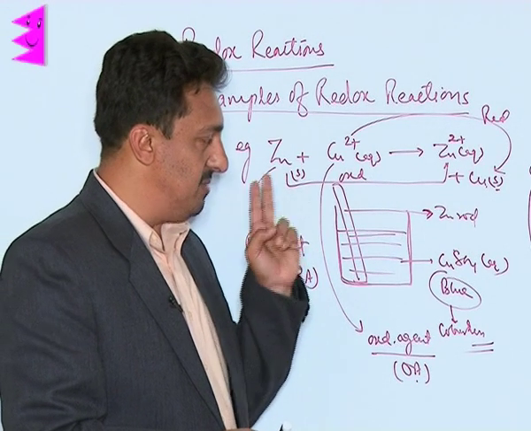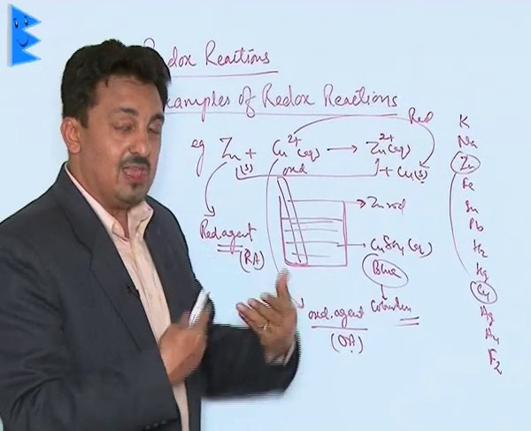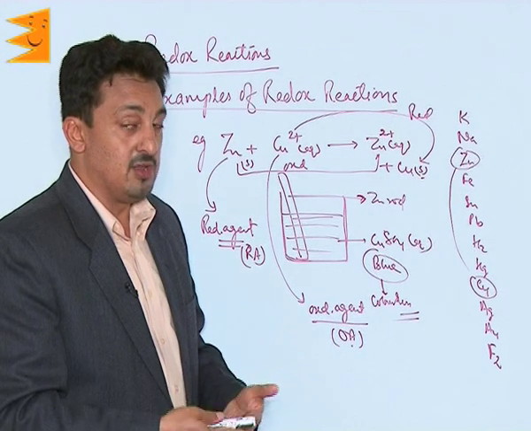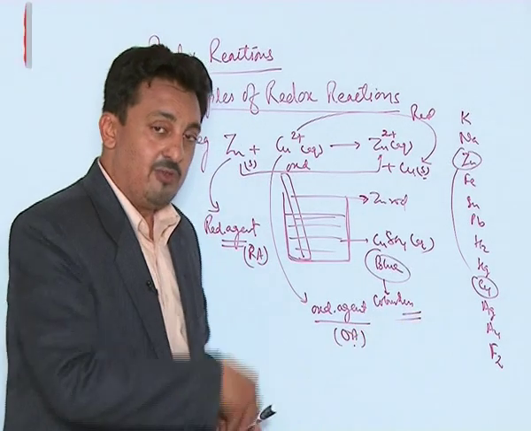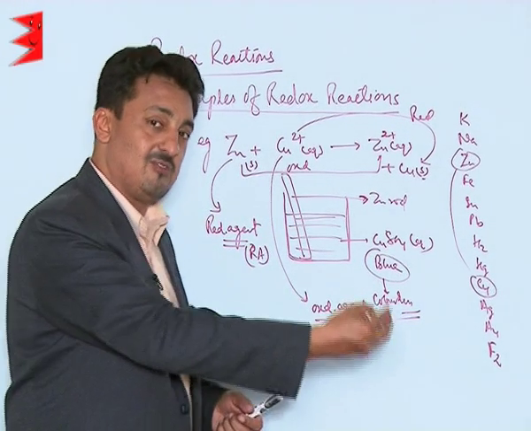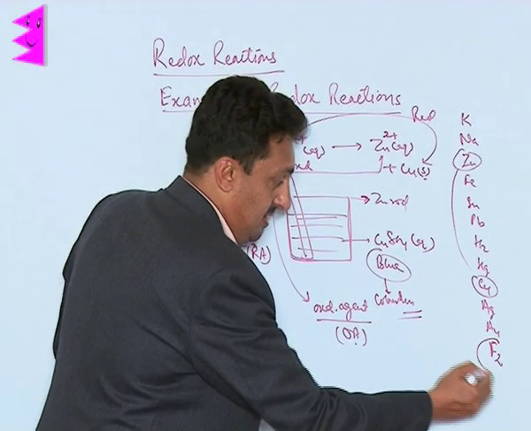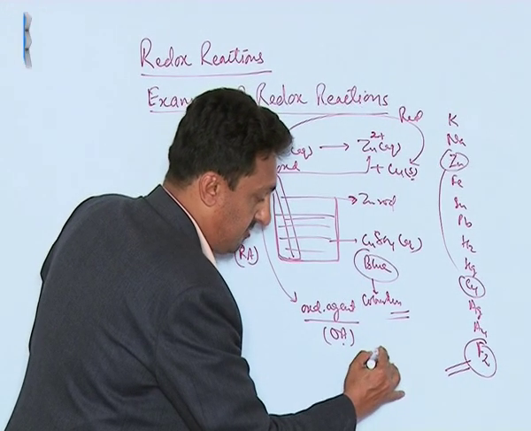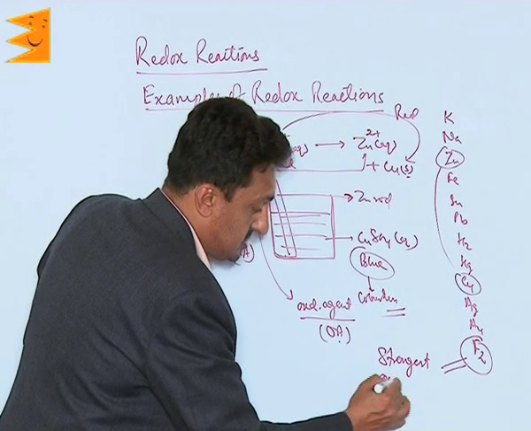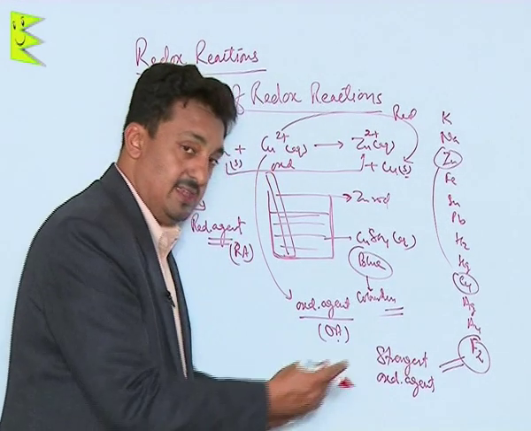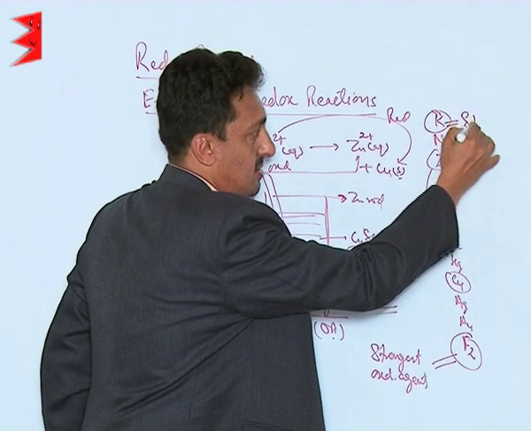One thing we can also make out from this system is, higher is the position of an element in this reactivity series, more electropositive it is, so stronger reducing agent it is. Lower is the position of an element in the series, more readily it accepts electrons, takes out electrons from other species, so the better oxidizing agent it is. So remember, the lowermost is the strongest oxidizing agent. It can take out electrons from any species. On the other hand, the topmost one is your